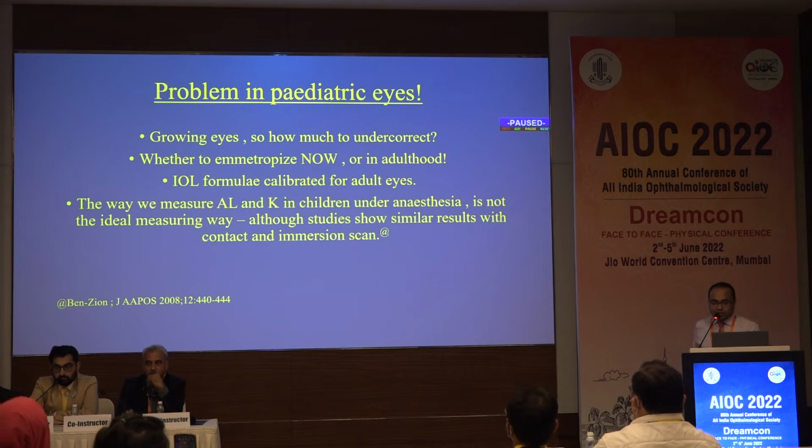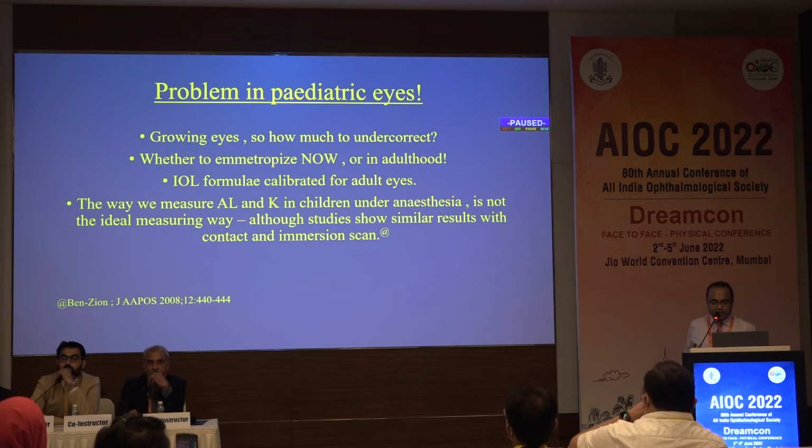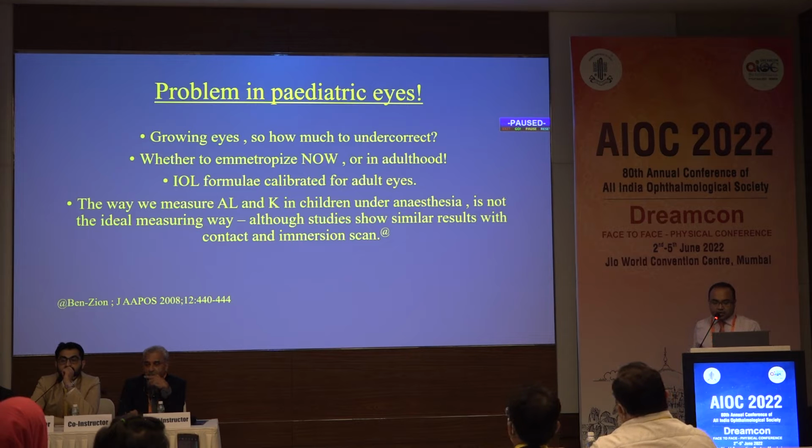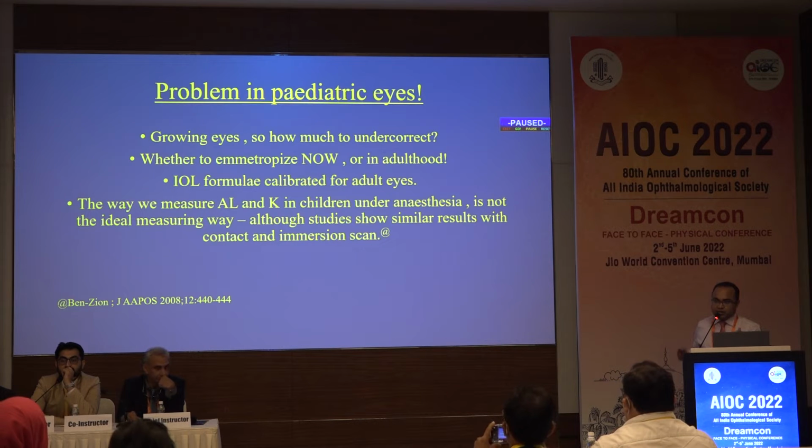So what are the problems or the unique situations that we face in pediatric eyes? They are growing eyes. So the question is, how much do we undercorrect? And another question is whether to emmetropize now or in adulthood. The consensus is